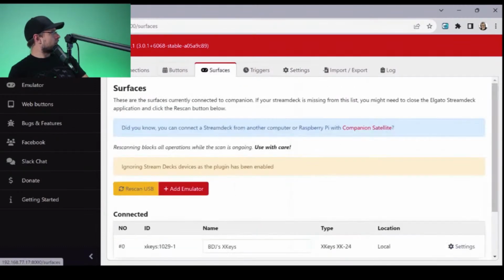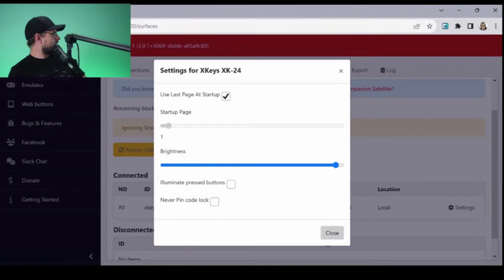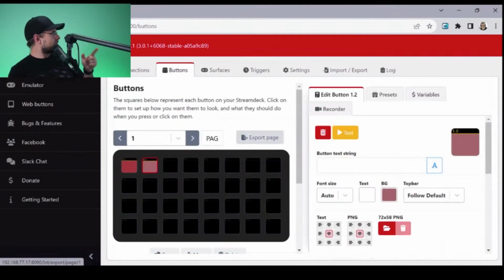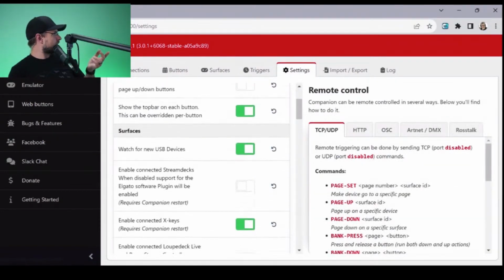There is one other thing that I want to touch on here with surfaces, which is the illuminate pressed buttons. That might be an interesting option once we get everything pressed. But there is a place, there's like an indicator. Where is it? Settings.